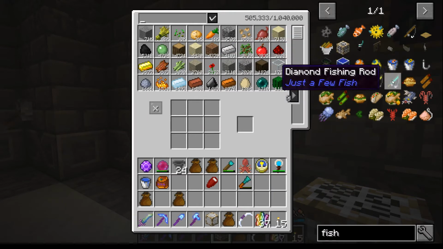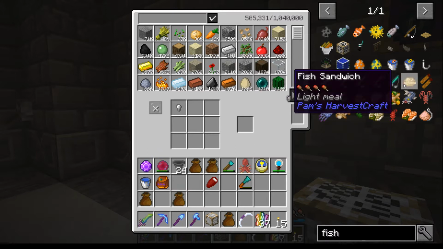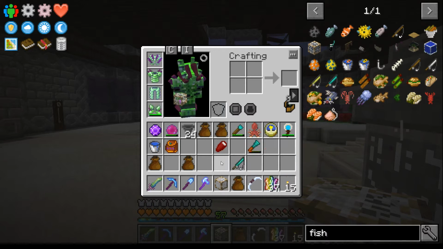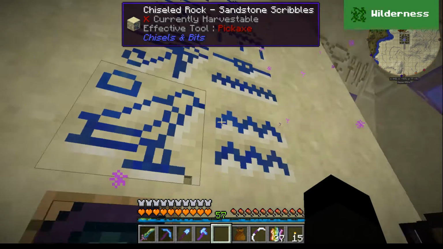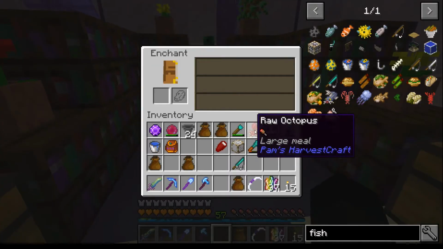We're going to go and make a top-notch fishing rod. We'll make one of those first, and we shall make a diamond fishing rod. Why would you not have a diamond one if you could? We'll head over to Alexandria, and I think we'll start with a